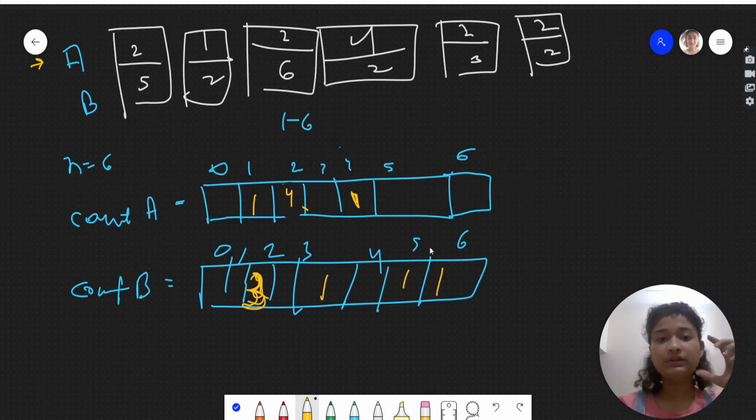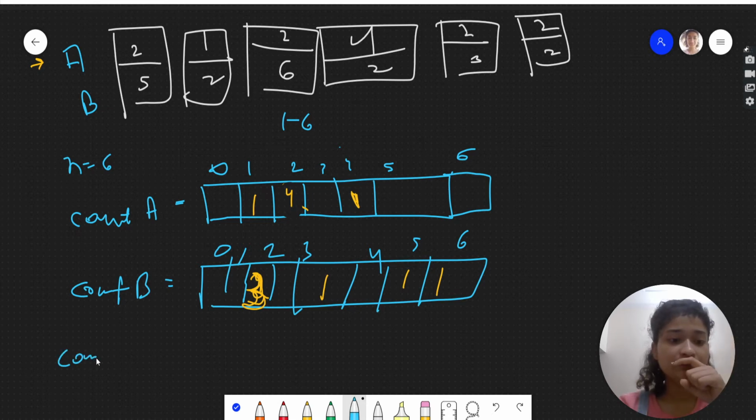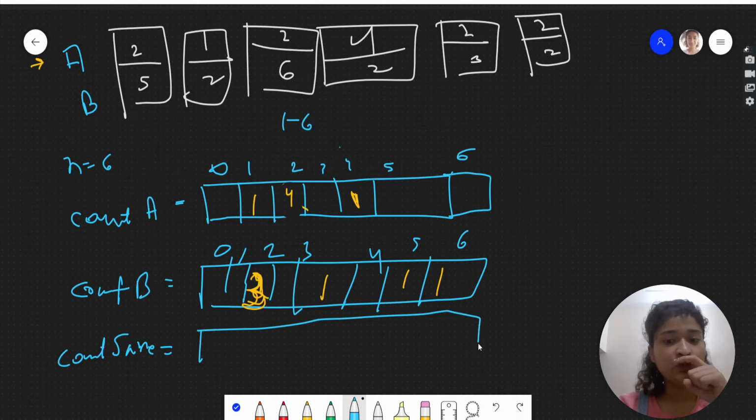Now see guys, are you seeing something? The thing is, we need to have one more array. That will be count same. Now you will be able to think why we are taking this. So I'll just give you a hint why we are taking this array.